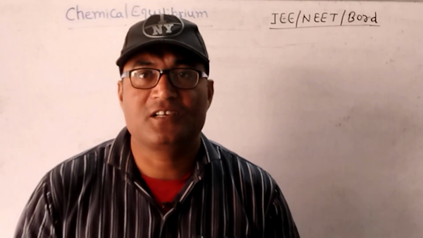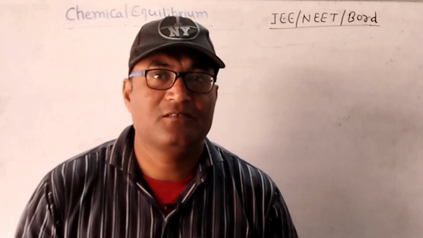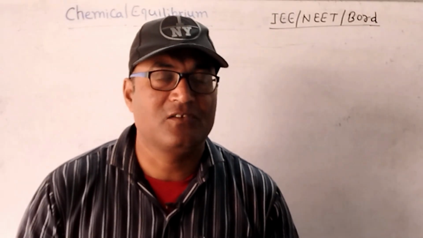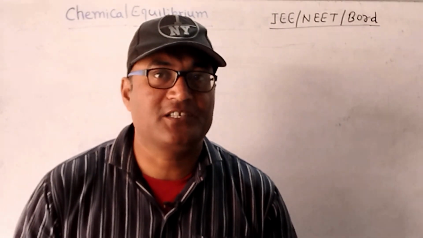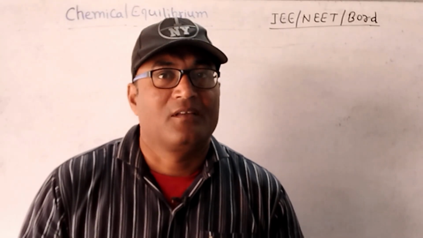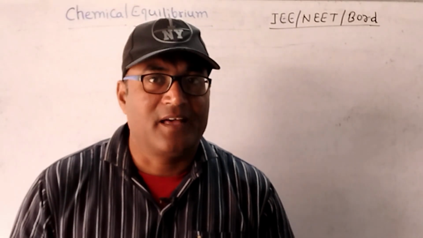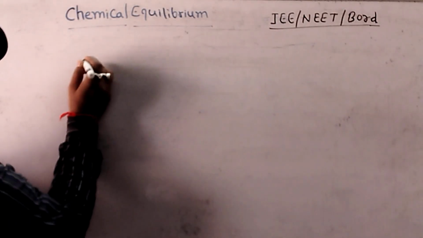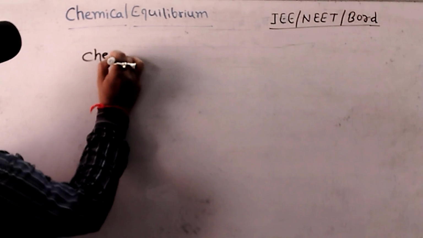In this video we will discuss what active mass is, how many types of chemical reactions there are, reversible and irreversible reactions, and homogeneous and heterogeneous chemical reactions. After that we can find active mass. We will discuss active mass and the formula of active mass. Initially we will discuss the first type of chemical